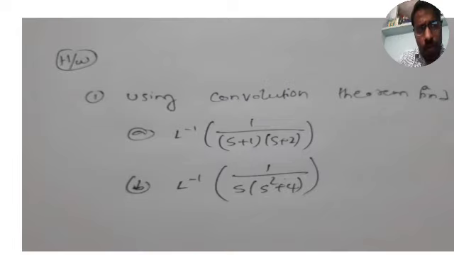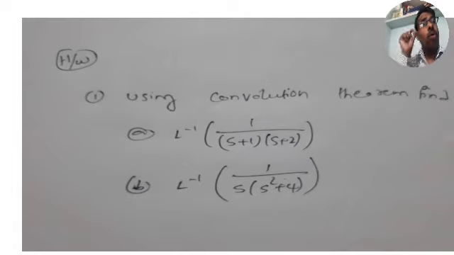But in the second problem, what you have is L inverse of 1 by s into (s square plus 4). The first function is 1 by s and the other one is 1 by (s square plus 4). The simple one is 1 by s. You have to choose g bar of s equal to 1 by s, the simple one, to avoid the integration complexity. So be careful while attempting the second one: 1 by s, you have to take it as g bar of s. That's it.